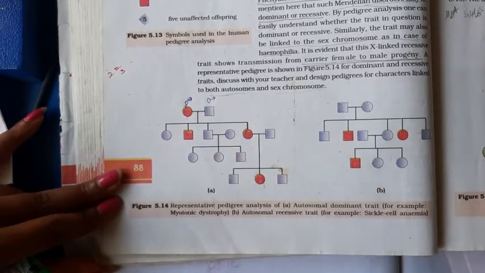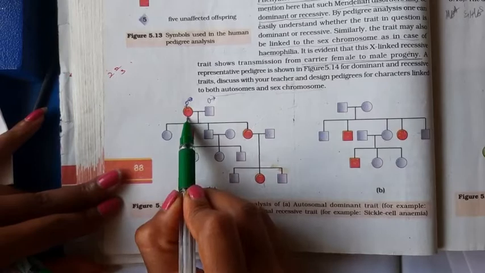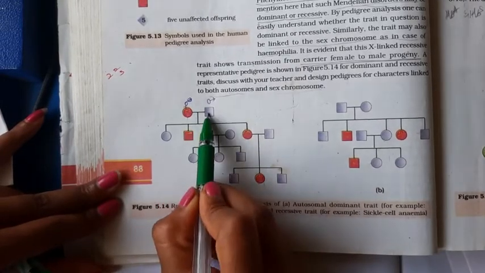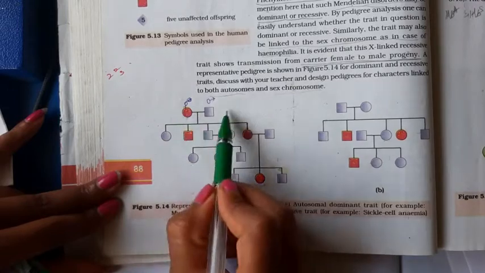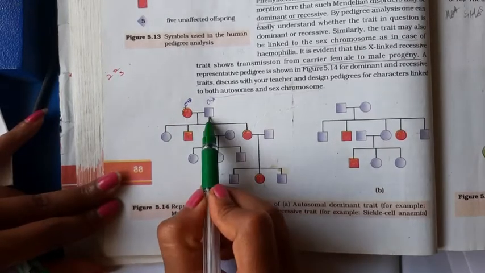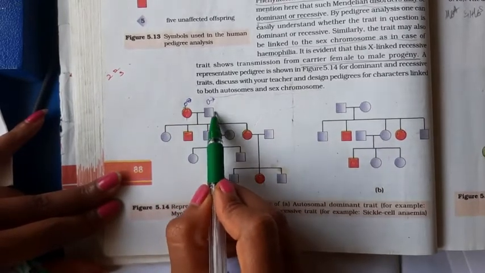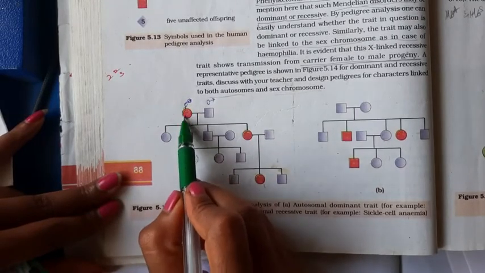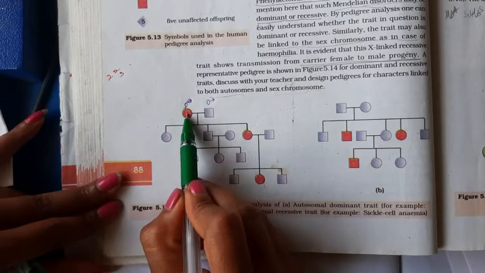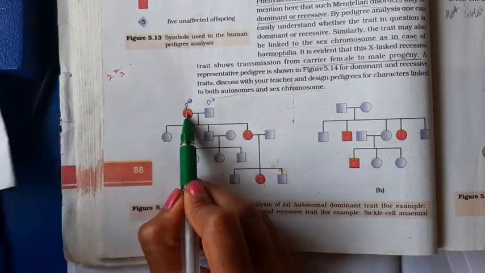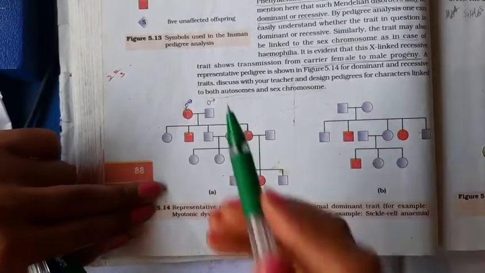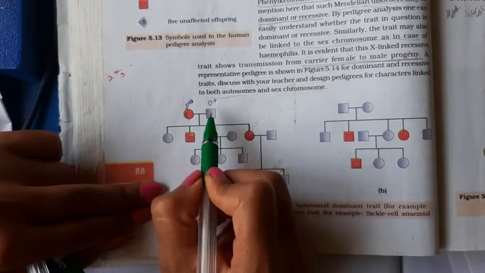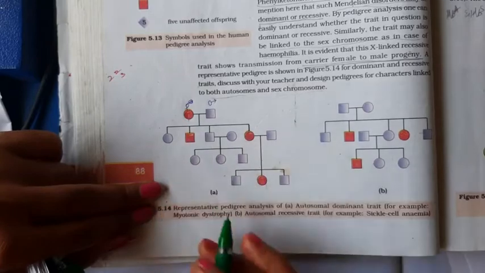You can see here one female defective, okay, and male normal. How can you say that it is a female, it is male? Because the square symbol represents the male and the circle symbol represents the female. Then how can I say it is a defective? Because it is completely shaded. Okay. Here the diseased female is going to be married with the normal male. Okay. Then